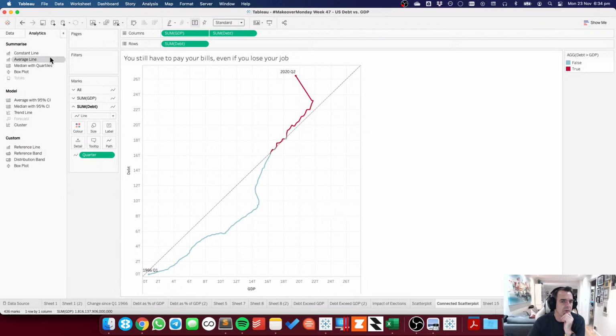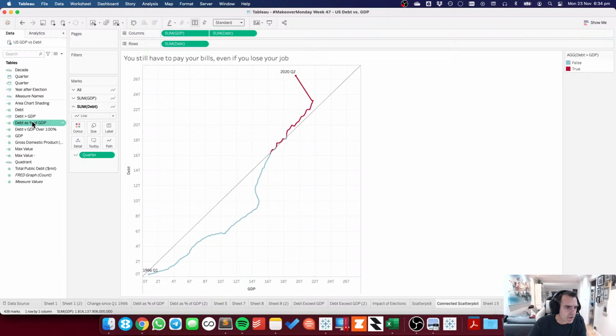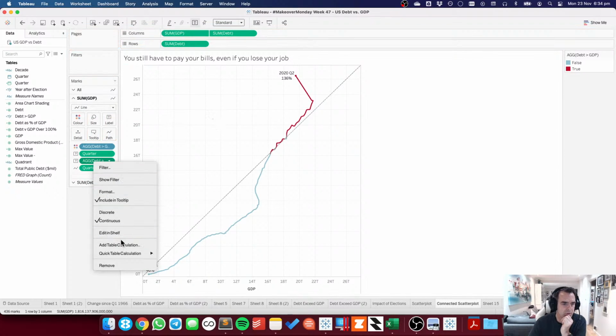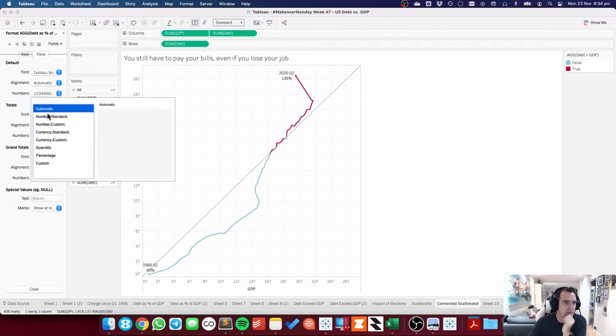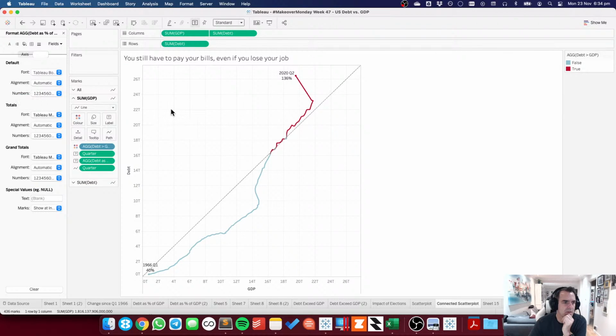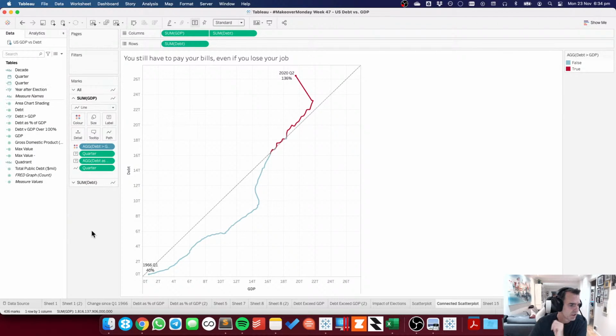So on the debt, let's go here, and I'm going to put quarter onto label, but I'm also going to put debt as a percent of GDP onto label. Okay, and then format. Does it matter if that is 2 decimals or 1 decimal? 130, yeah, I'll just leave it like that, that's fine. So clear. Okay.